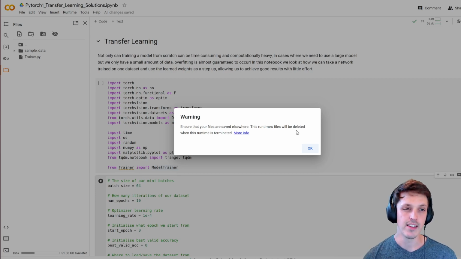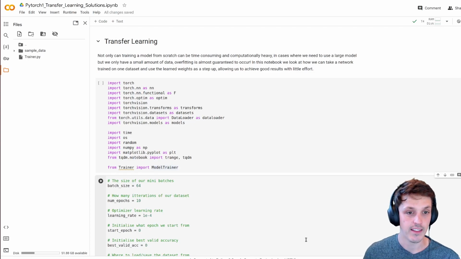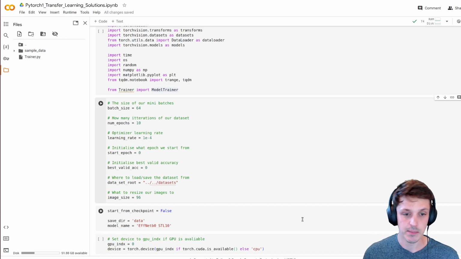So if you're saving things to this local directory, you need to copy them across to, say, your Google Drive, or download them onto your computer before it's terminated, because it's all just going to be deleted. So okay, once we've done that, there isn't too much we really need to modify for this particular notebook,